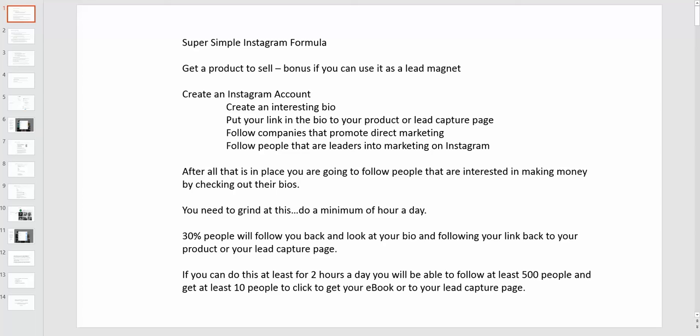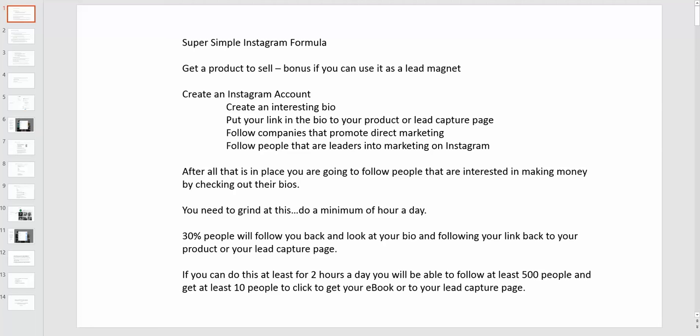So I'm going to go over a couple examples here of direct marketing companies that obviously have people that are trying to promote their products. People aren't really going to follow Melaleuca or Amway or anything like that unless they are actually a direct marketer. So what I'm going to do, I follow Melaleuca, I follow Amway, and you can literally click on the button that says followers, and a whole list populates to show you everybody that follows Melaleuca.